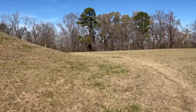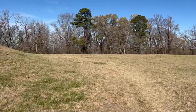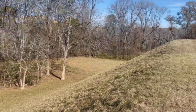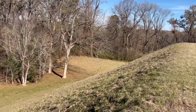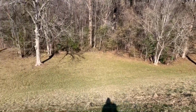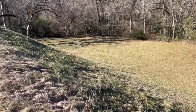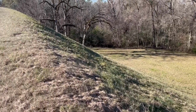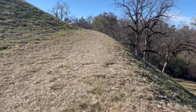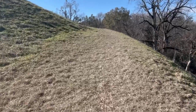So 8 acres of this mound, which apparently was already a natural hill, and they just built it up some more. Here you can kind of get a sense of how high the mound really is that we're standing on right now. You see this slope? So I mean, it is pretty neat. And we can go up. We're going to try and go up to that secondary mound where a temple